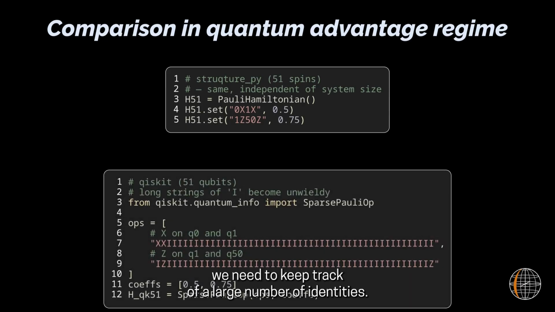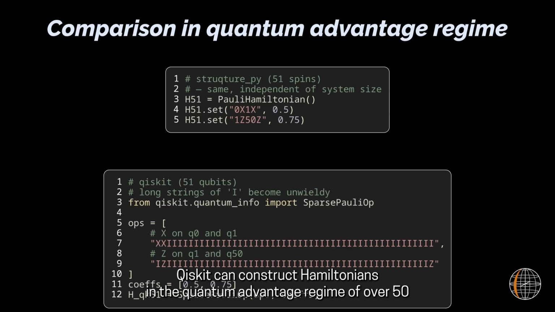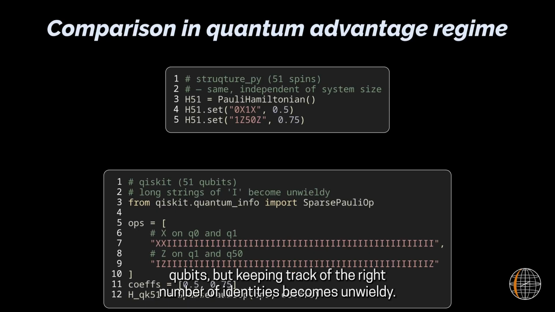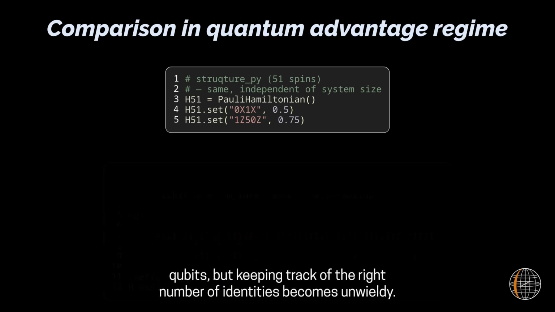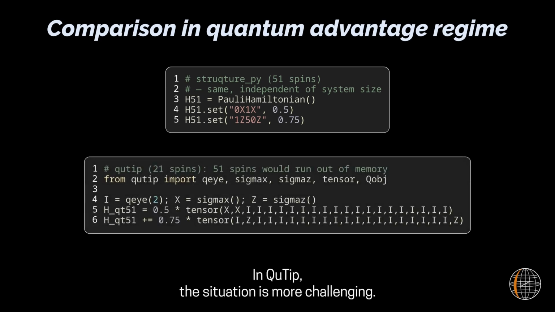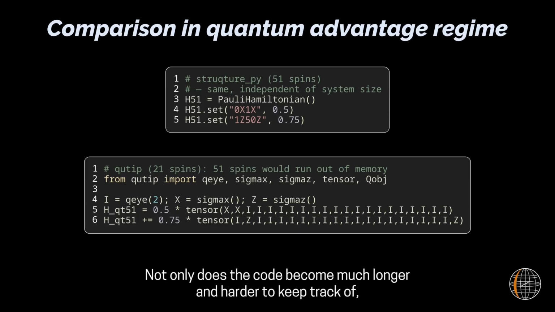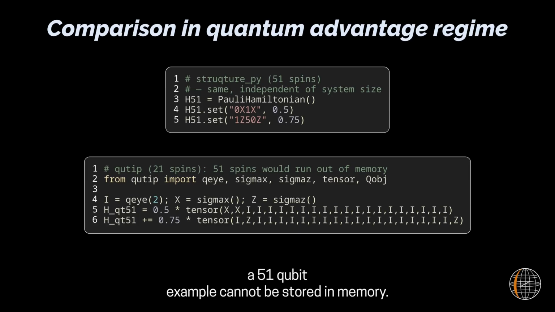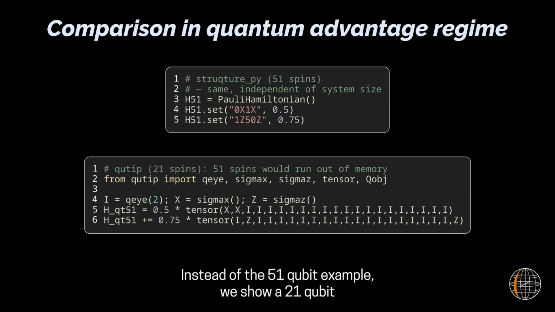In Qiskit, we need to keep track of a large number of identities. Qiskit can construct Hamiltonians in the quantum advantage regime of over 50 qubits, but keeping track of the right number of identities becomes unwieldy. In QuTip, the situation is more challenging. Not only does the code become much longer and harder to keep track of, a 51 qubit example cannot be stored in memory. Instead of the 51 qubit example, we show a 21 qubit example that can still be constructed